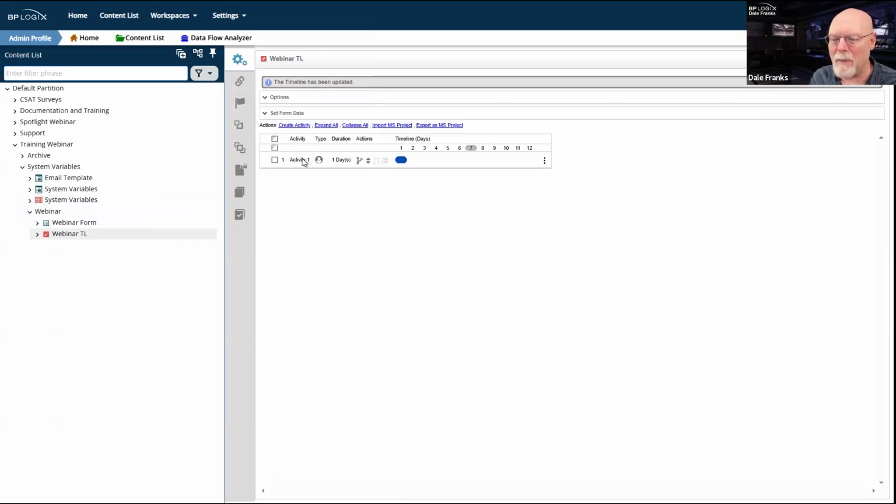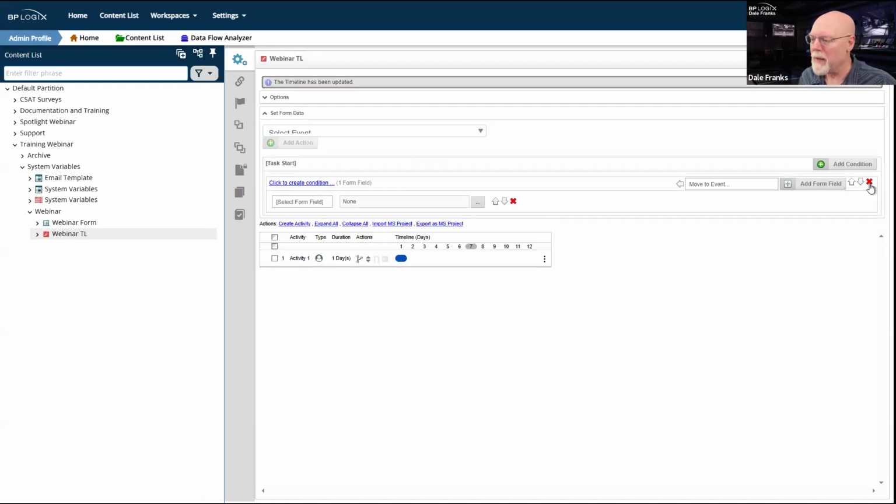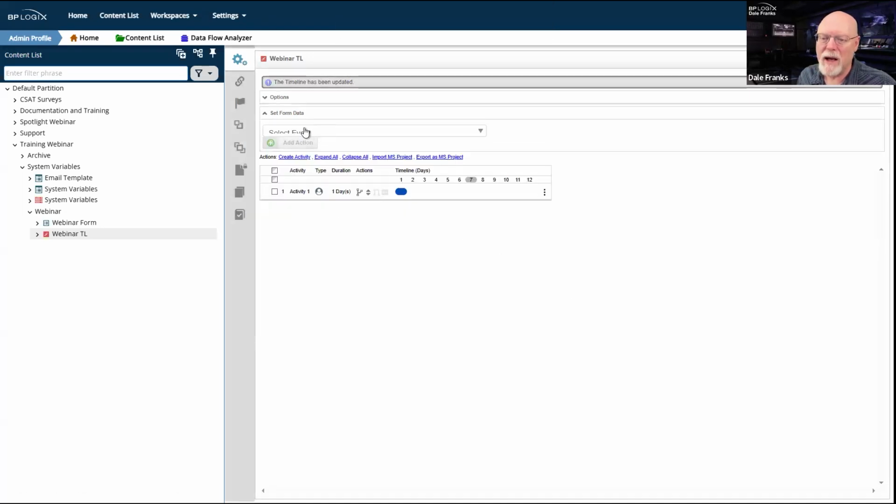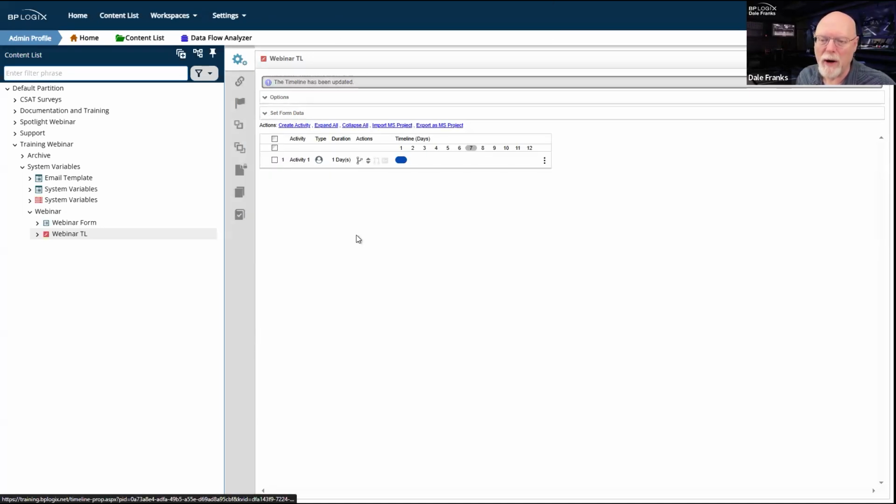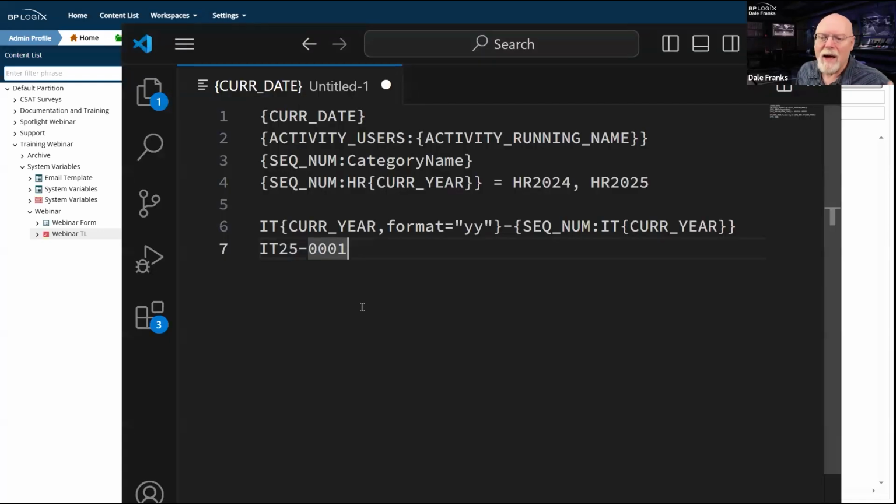I think it's a much better option, rather than doing it in my very first activity as part of a set form data, to just create a custom task activity and invoke the set form data custom task and set it there. It just makes it more obvious what you're doing, without having it hidden in the set form data. Just makes it a little more comprehensible. As a practical matter, it doesn't matter in terms of operation. Either of those two options will work just fine. In any event, that's our introduction to system variables, nesting system variables, and using formatters.